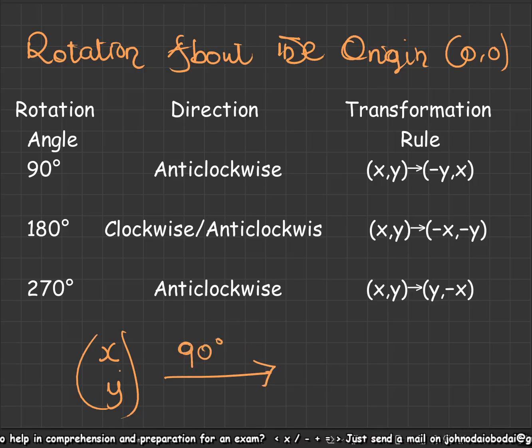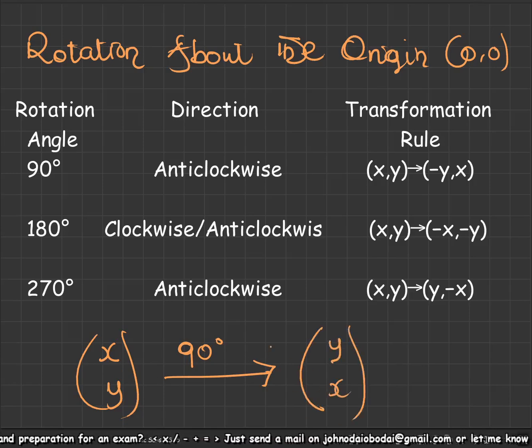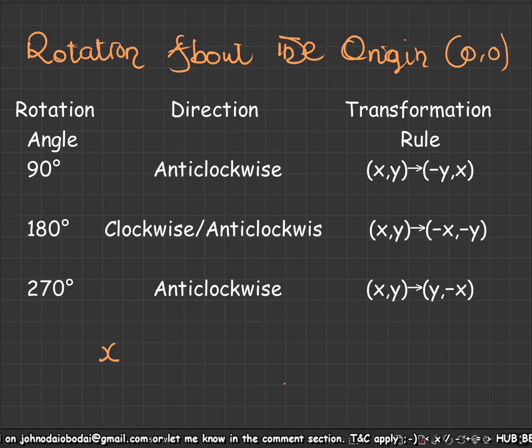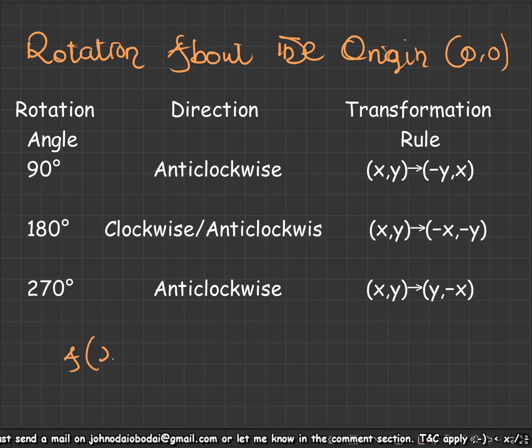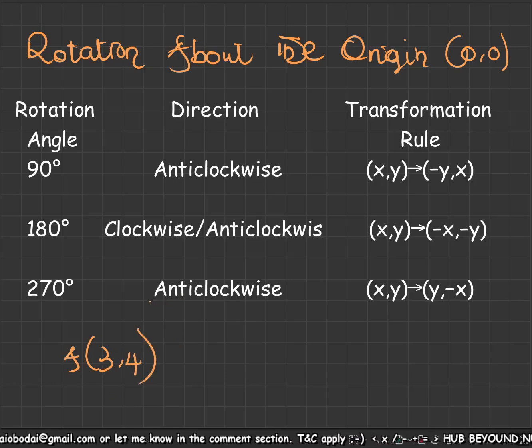So all you need to do is interchange the x and y values so that it becomes y and then x, after which we negate the y value. If you're able to do this, then you can simply rotate about 90 degrees. So for instance, if we have a point A with coordinates 3, 4, and you want to rotate it about the origin through an angle of 90 degrees,